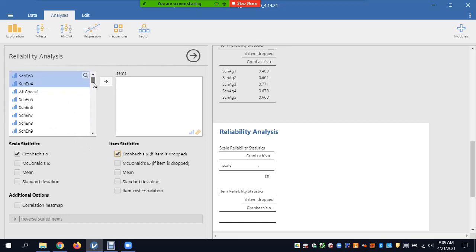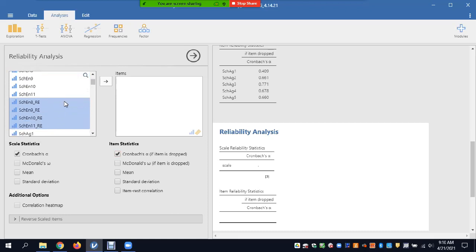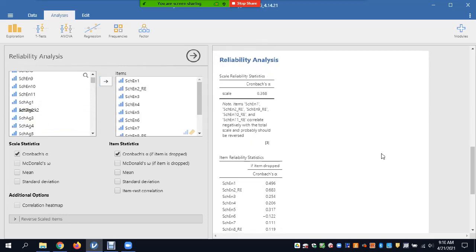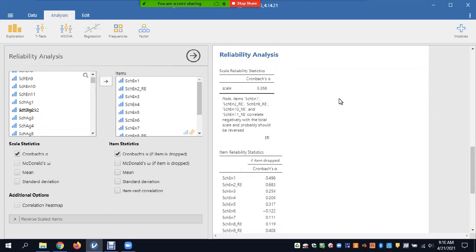You don't want that in your scale. 5, 6, 7, and I think 8, 9. Yep, 8, 9, 10, and 11 are all recoded. So we're going to dump all those in. I'm holding control so that you can grab a bunch of different ones that aren't right next to each other. I'll throw them all in there,